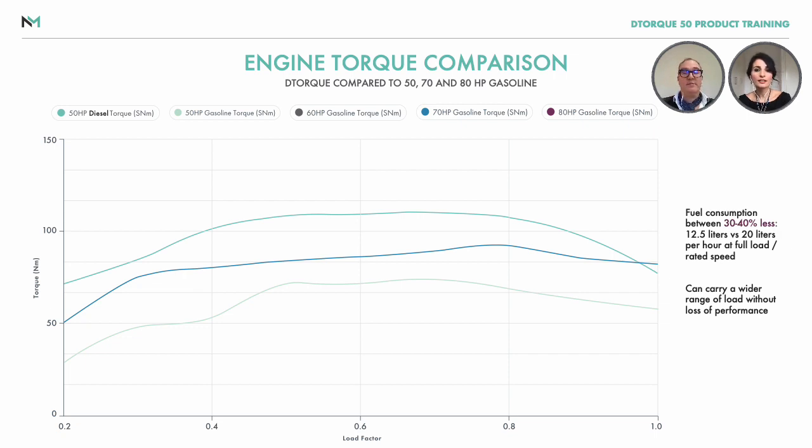That's really interesting. And if we compare it now with an 80 horsepower, so if we keep increasing the horsepower, now we can see a difference. Yes. Can you talk us through why that is? Yes, of course. So obviously there's lots of engines on the market, so we just pick some random examples. But for this particular 80 horsepower engine, you can now see at 80 horsepower, the gasoline has torque that's slightly above